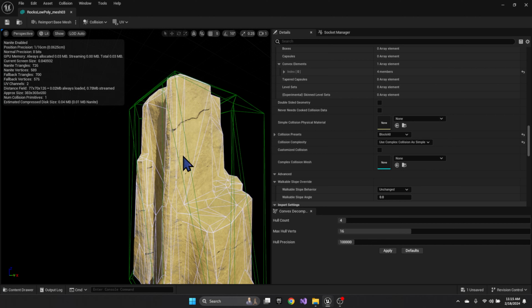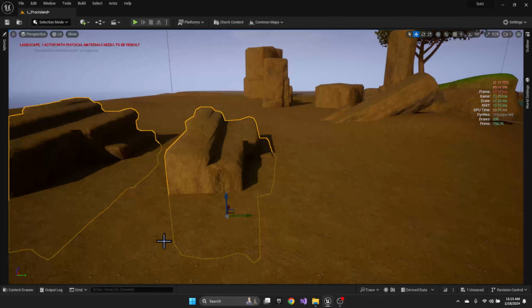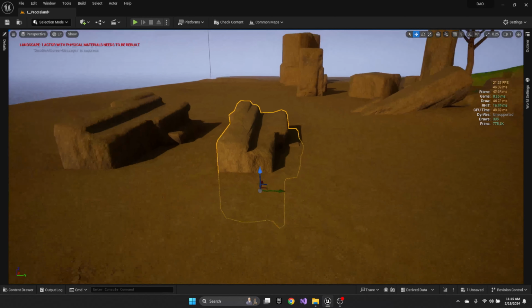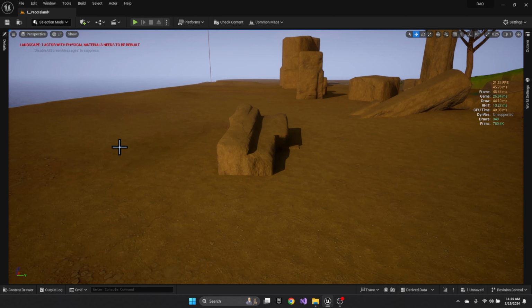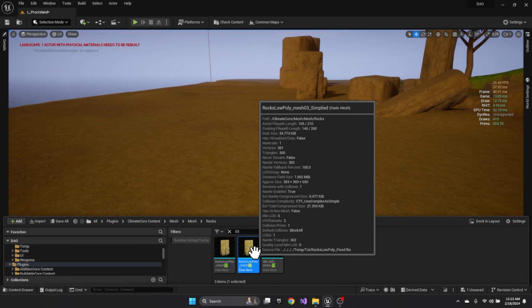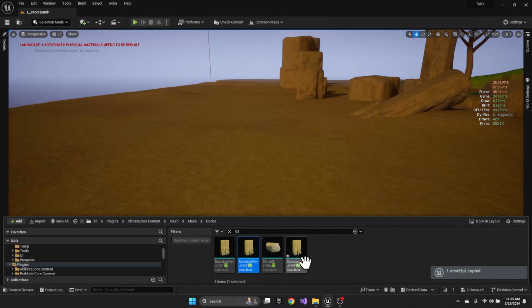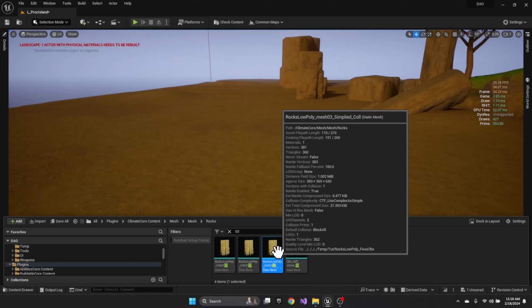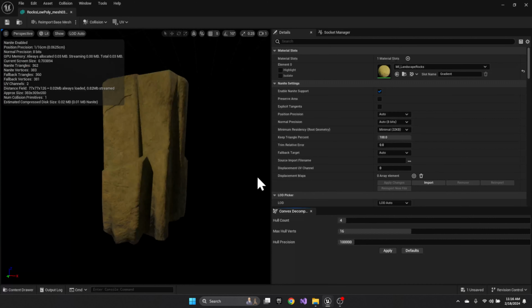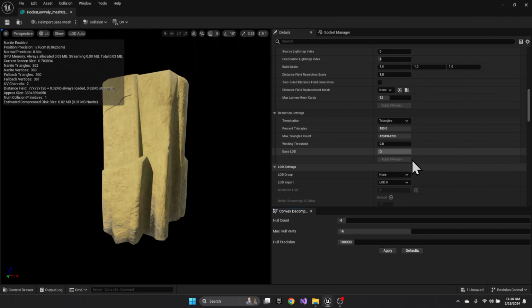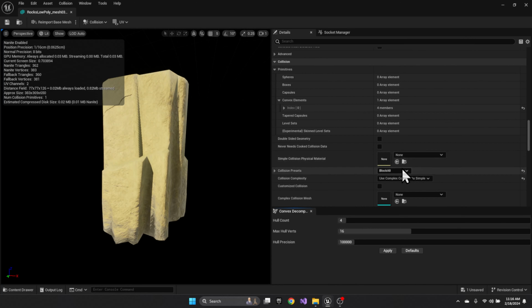So let's do this. This is our simplified. This was our original. So we're going to get rid of our original. Get rid of them both. And let's copy this again, and call it collision for now. So in my simplified collision, I'm going to turn that setting off